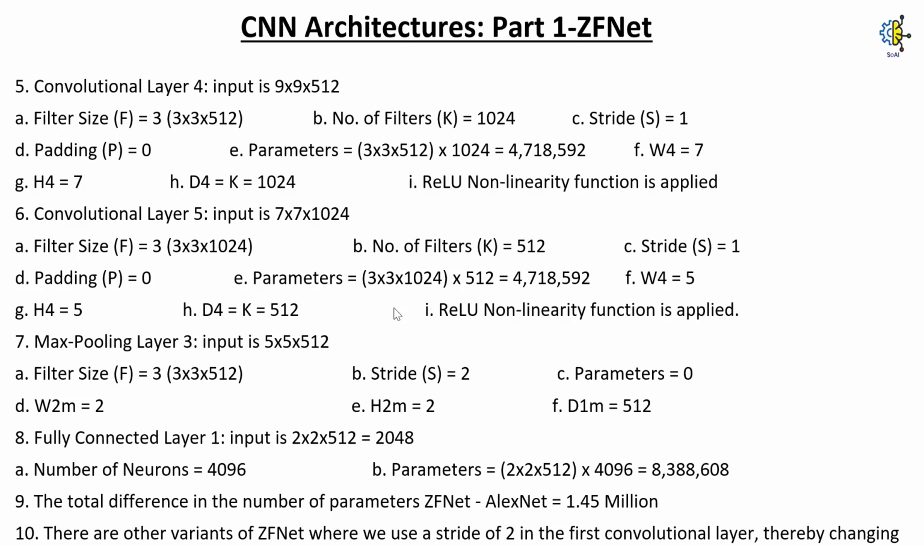ReLU non-linearity function is applied. Similarly for convolutional layer 5 and max pooling layer 3, the total difference in the number of parameters, ZFNet minus AlexNet, is 1.45 million. There are other variants of ZFNet where we use a stride of 2 in the first